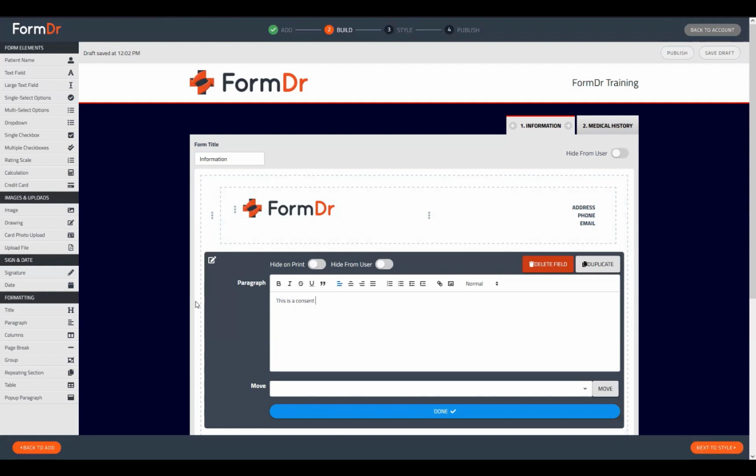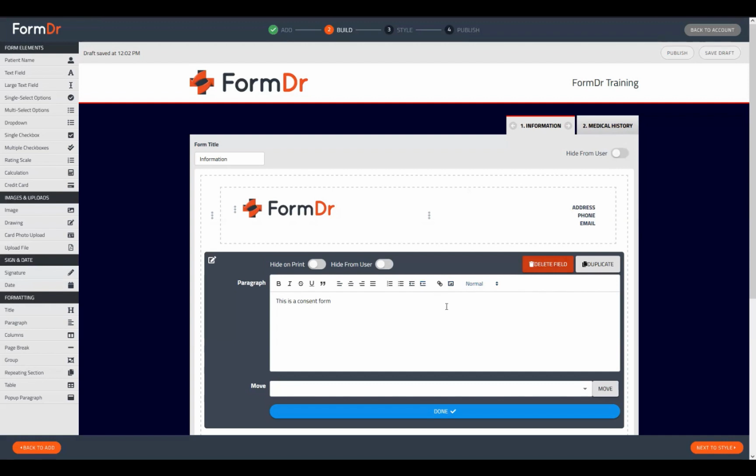which I would recommend using this for any paragraph type information. So you can use this as a consent form or whatever the case may be. You'll be able to format that information, bold it, italicize it, put it into lists, whatever the case may be. And we'll also have some preset heading styles as well that you can use that will increase the size and look of those